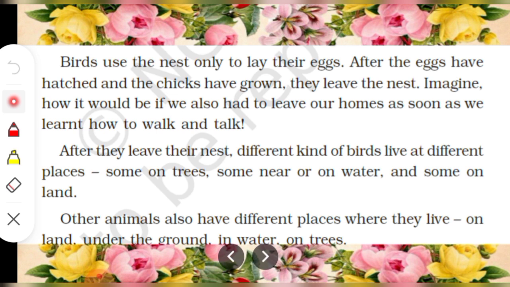They have to leave their nest, which they had made with so much effort. After they leave their nest, different kinds of birds live in different places, some on trees, some near or on water, and some on land. Other animals also have different places where they live, on land, under the ground, and in water or on trees.